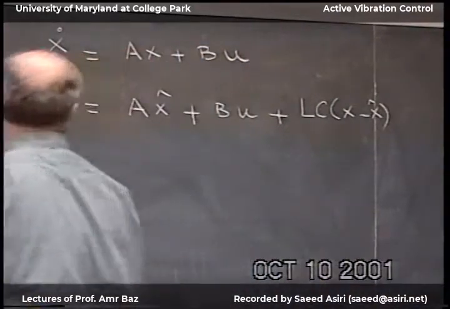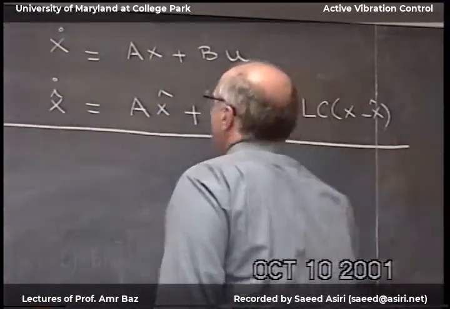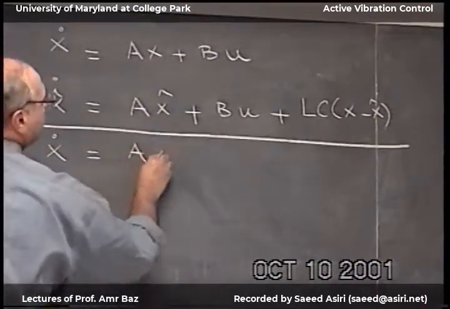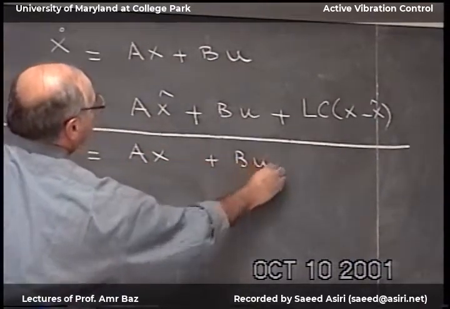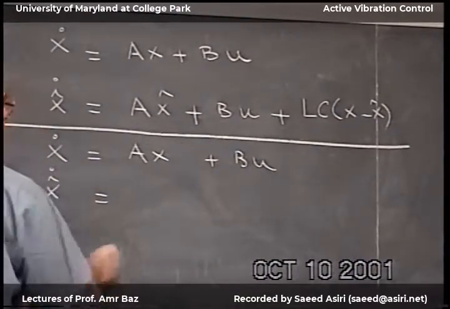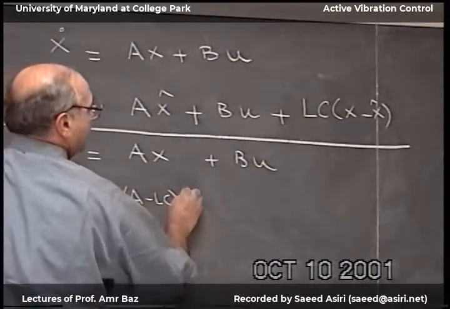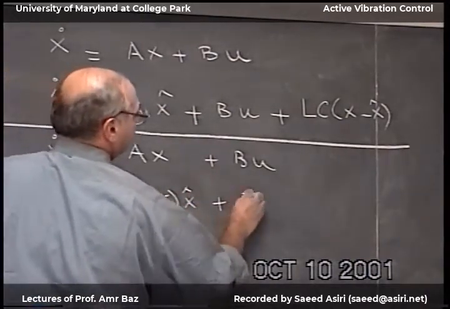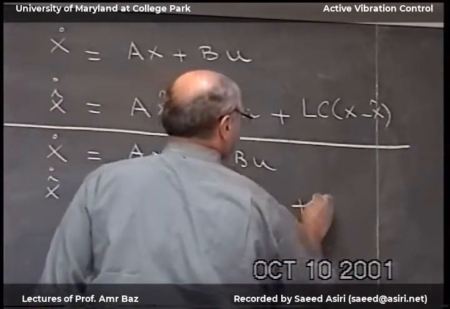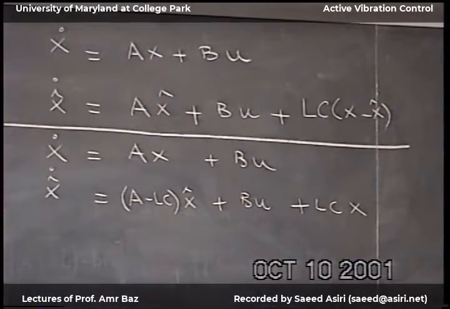Okay, so now we have x dot equal to ax, and x hat dot is equal to A minus LC x hat plus LC and x. Now if I want to plot